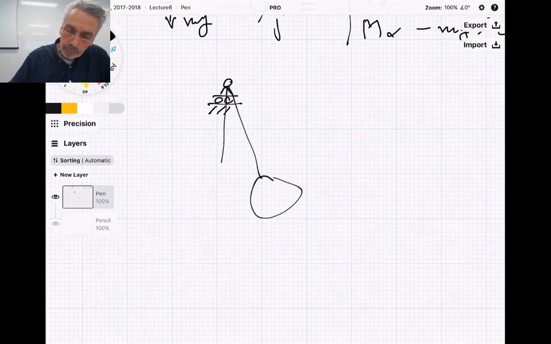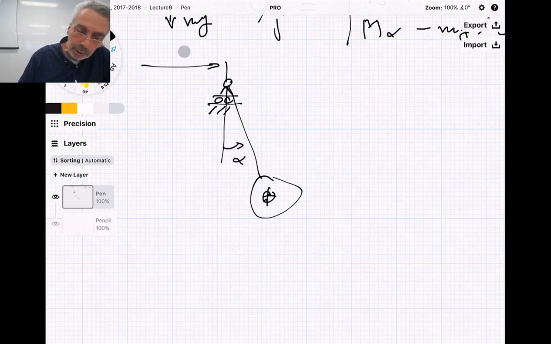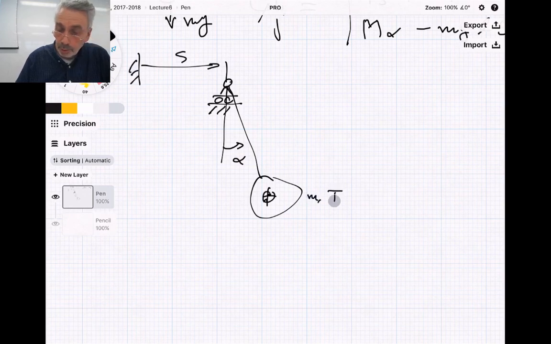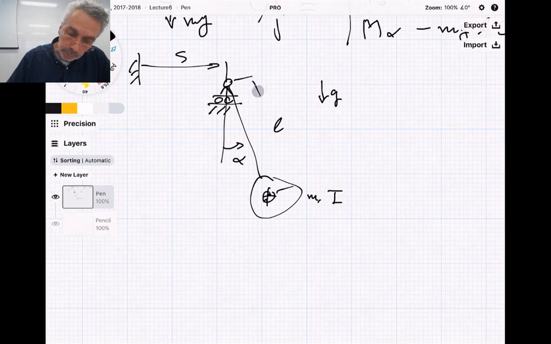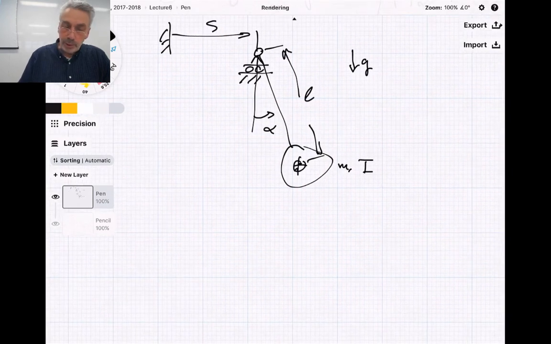Hoopla. Here we had our Cm. This was alpha, and the distance here was the s coordinate. Doesn't matter so much. Mass, inertia, and gravity. And for this, because this should be L, by the way, we know what the system is. Everything is there. For this, the equations of motion are apparently